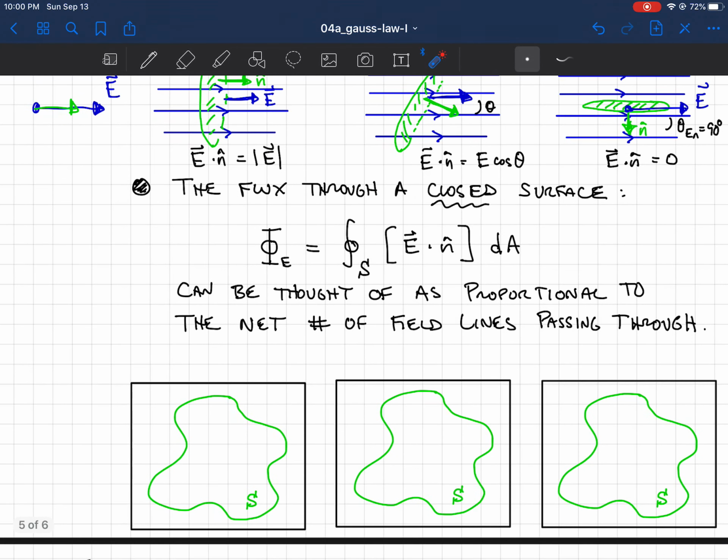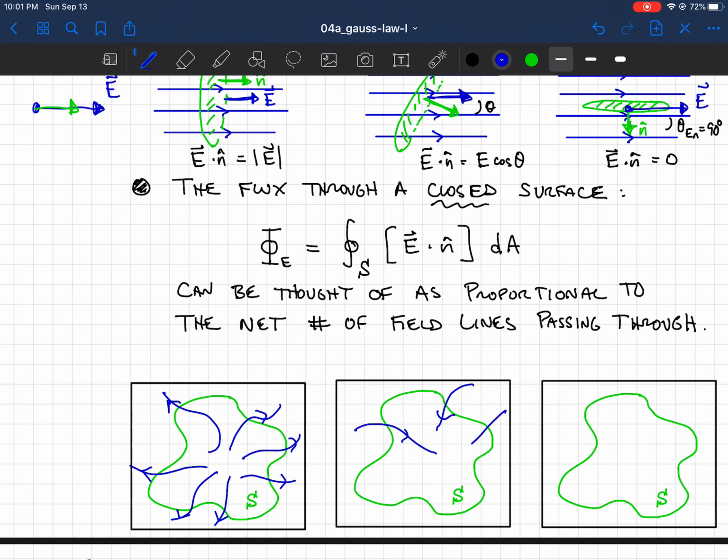a qualitative way of thinking about this flux, and this works best for a closed surface, is that the flux can be thought of as proportional to the number of field lines that pass through that surface. So I can just draw some examples here. So if I happen to have a source of charge which allows the field to look like this, and then maybe I have a different source of charge which allows the field to look like this, and then I have a different source of charge where the field looks like this,